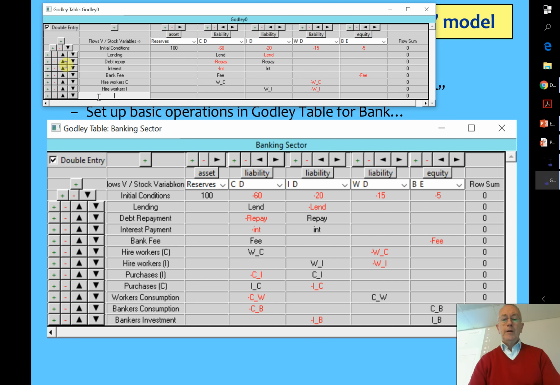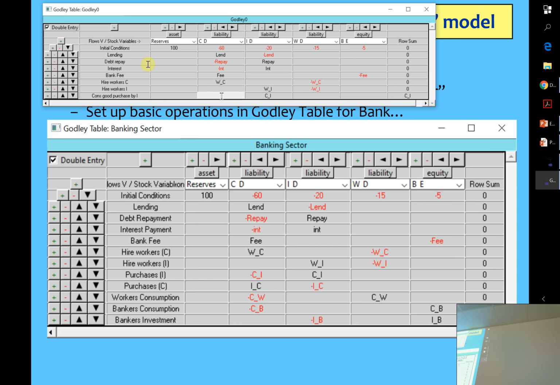Then they're going to have intermediate sectors. So if I've got, let's just call it purchases by I here. So that's effectively consumption good purchase by I. You can type anything you like there in terms of a label, so that it doesn't affect the system. So what I've got here is consumption purchases by the investment sector. Trying to use some sort of standard way so the subscripts will have a similar meaning. What's W_I? W is wages by the investment sector. So it's the money the investors pay to workers.